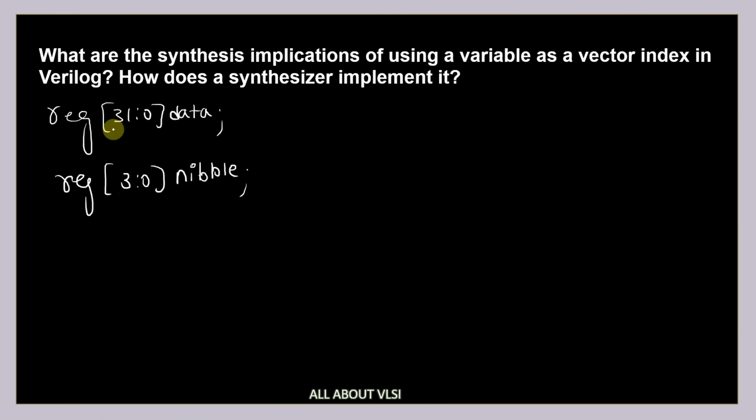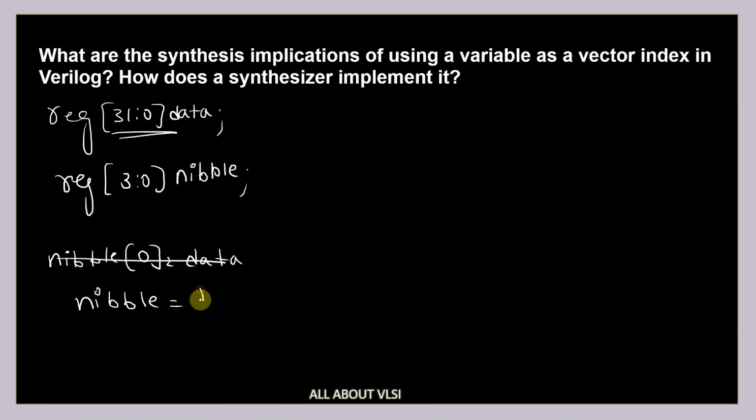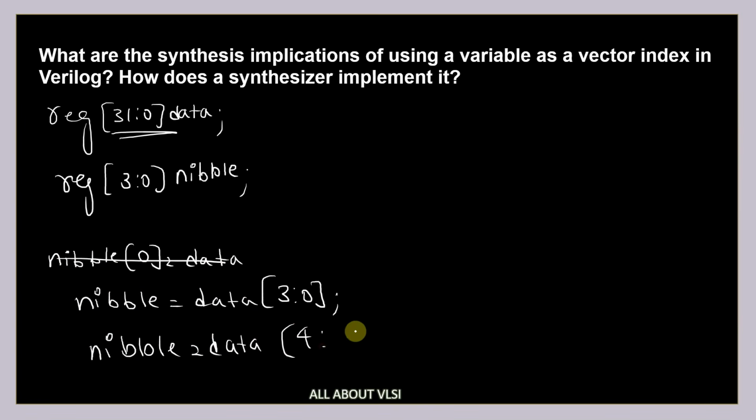Now, if I want to slice this particular vector into four parts, then nibble is equal to data of 3 down to 0. Next, after some time, I can write nibble is equal to data of 7 down to 4,